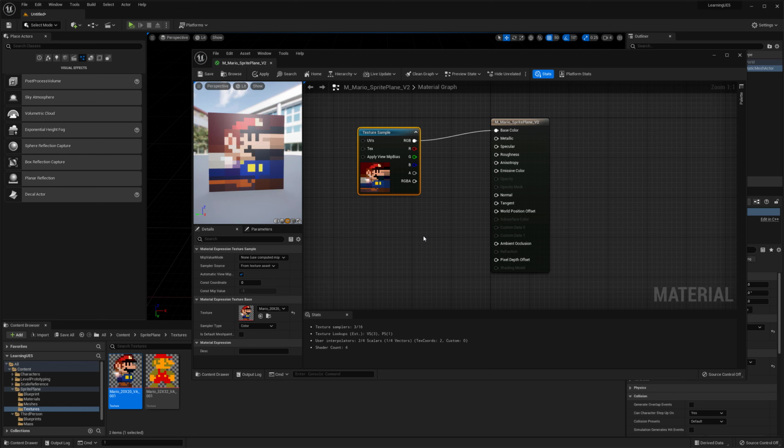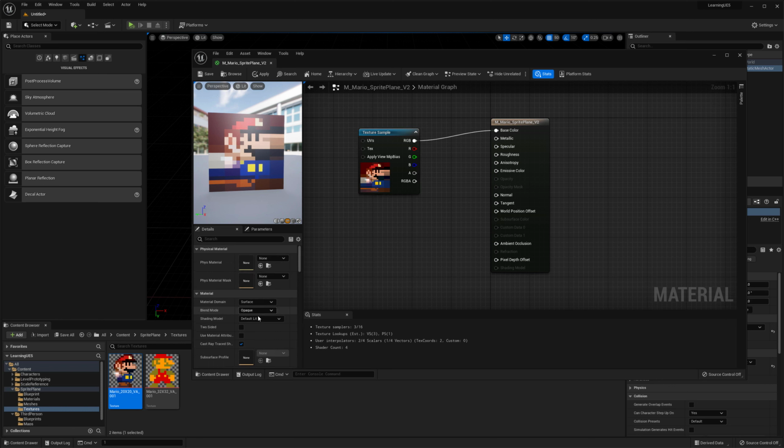Now, if you remember, whenever we imported this thing in, it had transparency. And in Unreal, there are two different types of transparency. If we take a look at the blending mode on here, if we just click off anywhere, this is really what you probably want. If you don't have this selected and it's somewhere off the screen, you can always just click on the open viewport in here, and this will get you to this part over here under details. So the blending mode right now is set to opaque, and that's probably what's going to be good in most cases. If we change this to